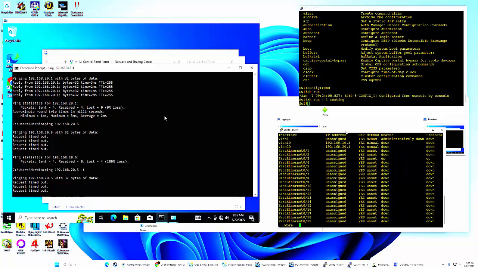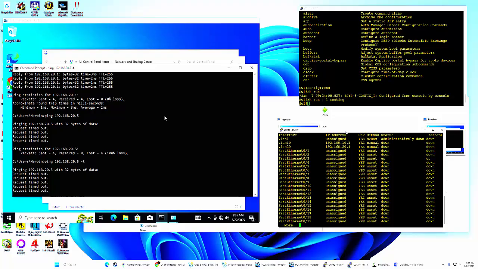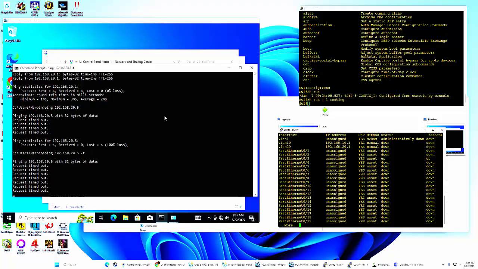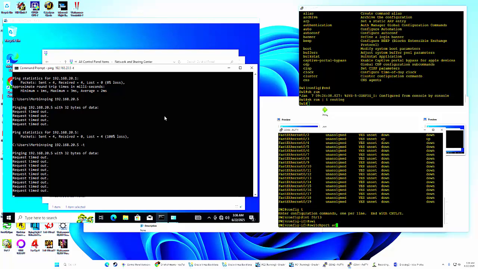Okay, now here's the cool thing about an interface VLAN. The only way for an interface VLAN to be up and up is if there is a port in that VLAN and a port status in that VLAN that is in up condition. Okay, so config t, interface FA13, switchport access